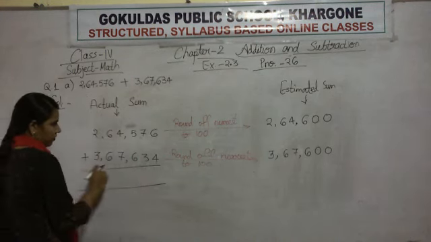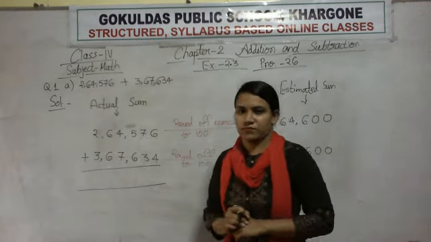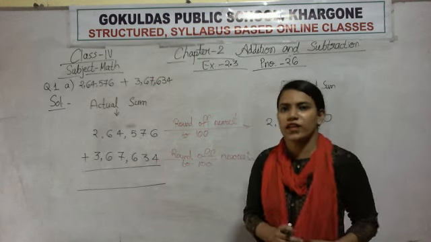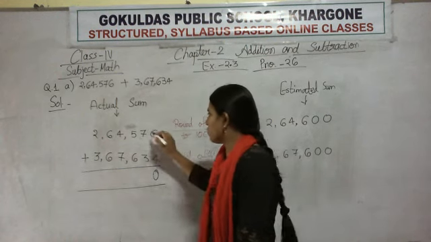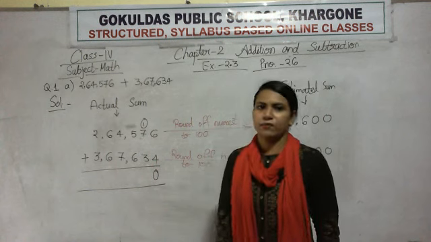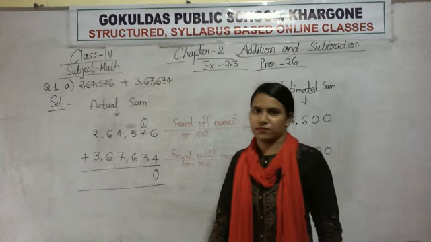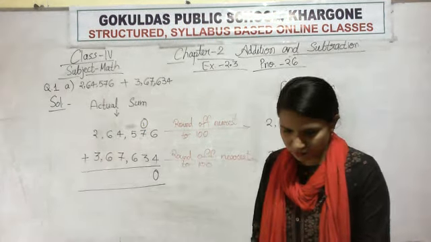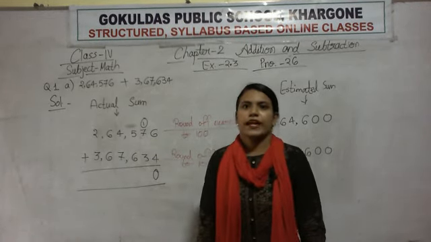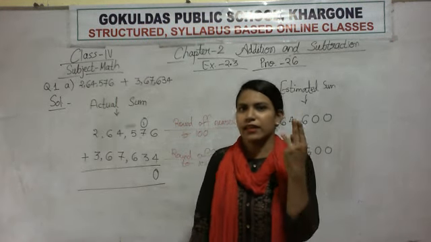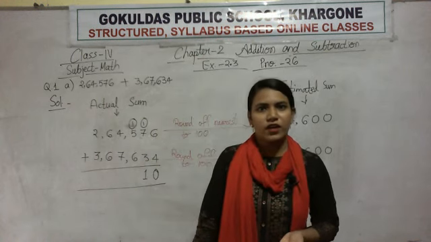Now start adding. 6 plus 4, tell me, 6 plus 4 is? Okay, count fast. Right, 10. So I will put 0 at the ones place and 1 will go with the tens column. Now add the digits in the tens column. Add 1 plus 7 plus 3. How much did you get? 1 plus 7 is 8. 8 plus 3 is 9, 10, 11. So I will write 1 over here and 1 will be regrouped with the next column, right?